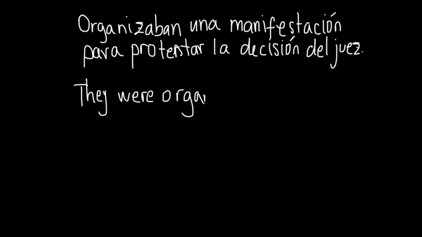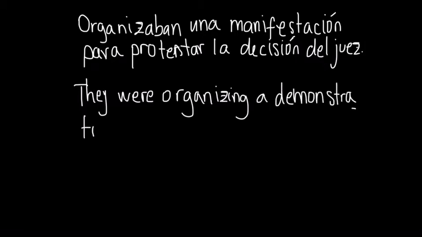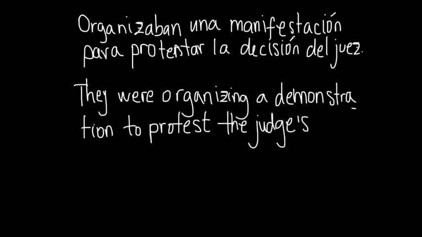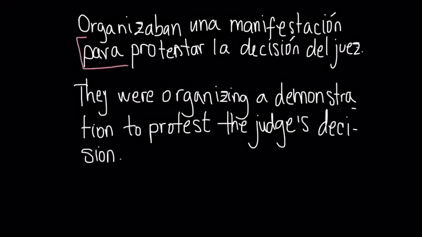They were organizing a demonstration to protest the judge's decision. So in this case, para is the equivalent of to, because to represents the purpose of the demonstration, which was